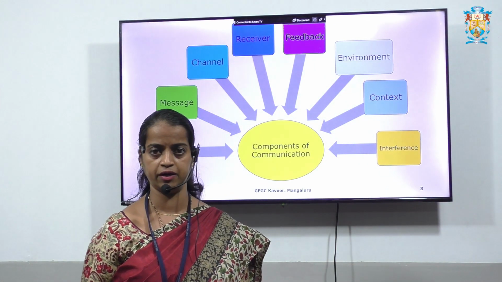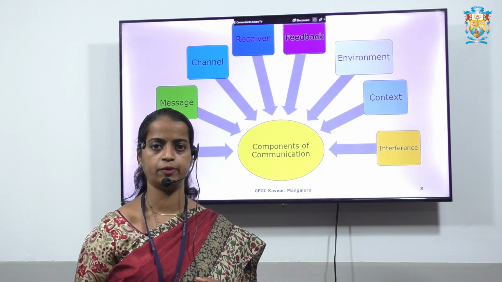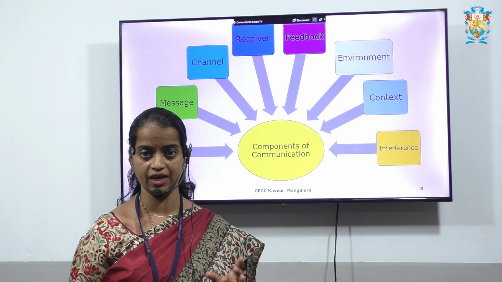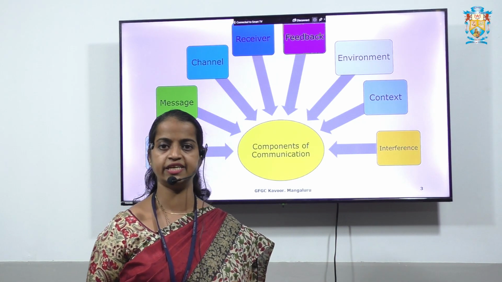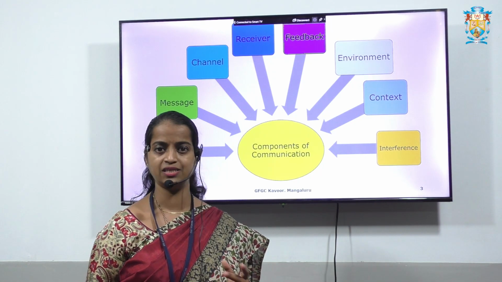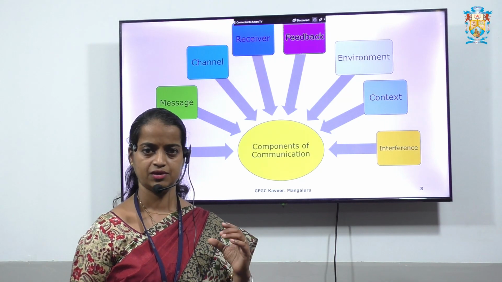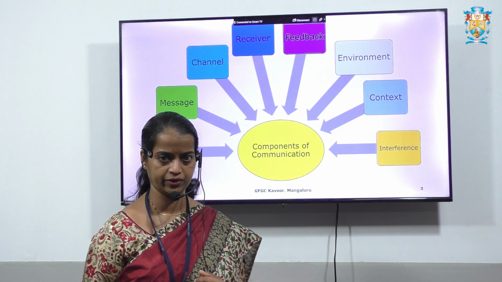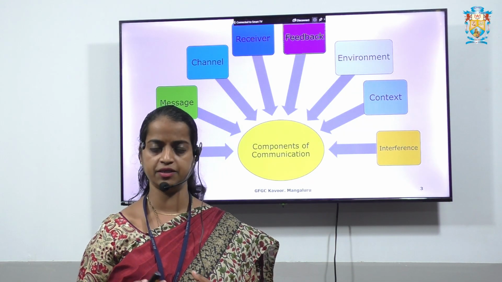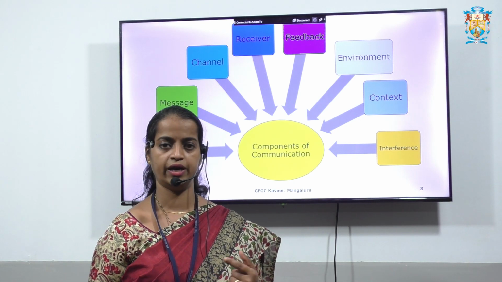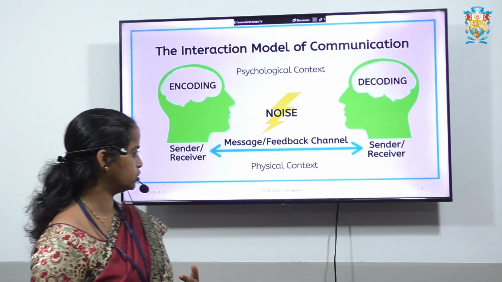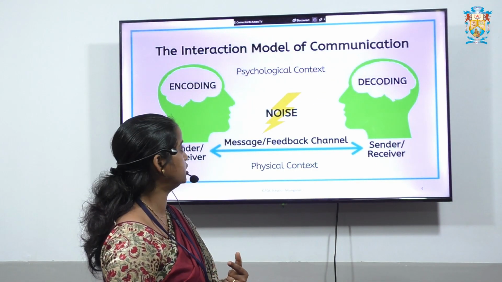There should be a good environment, and there should not be any noise. A message should be passed rightly to the right person. Context: it should be simple, reliable and easy to understand. It should not be lengthy or in passage form. In short, it should be a simple one. The next one is interface. When it is a communication between two people, there may be discussions, or there may be some clauses with the receiver, which we call the interface. So these are the components of communication.